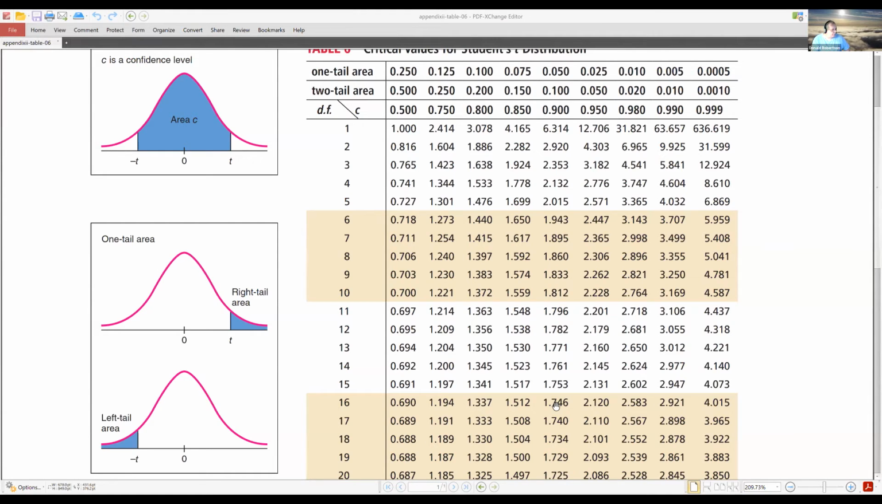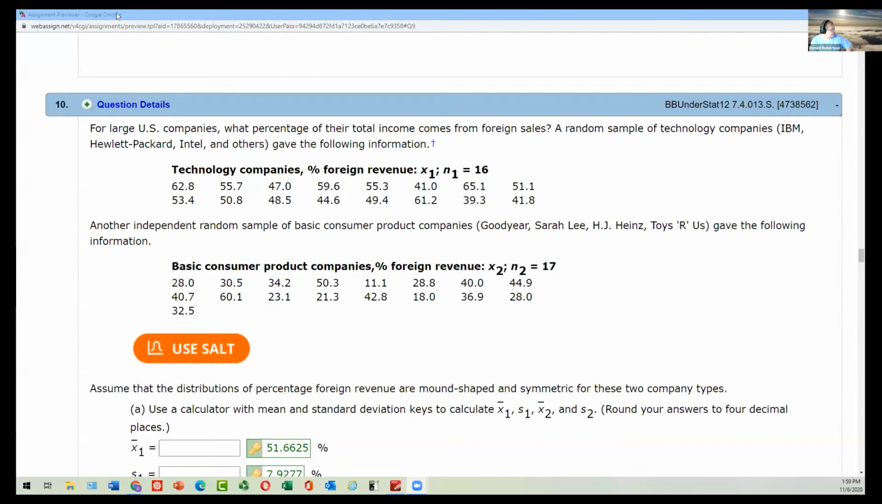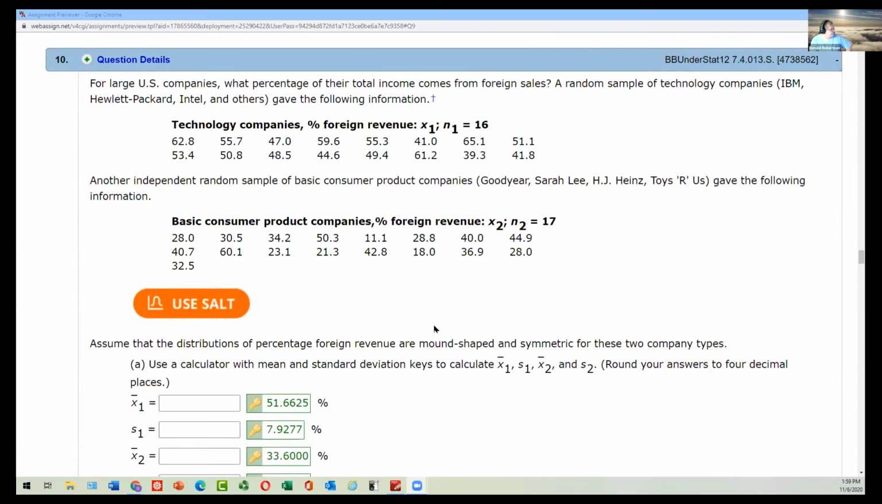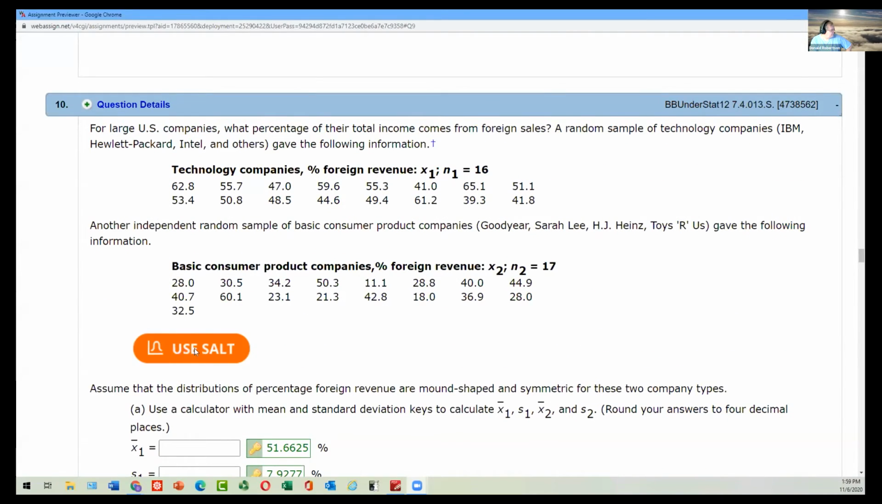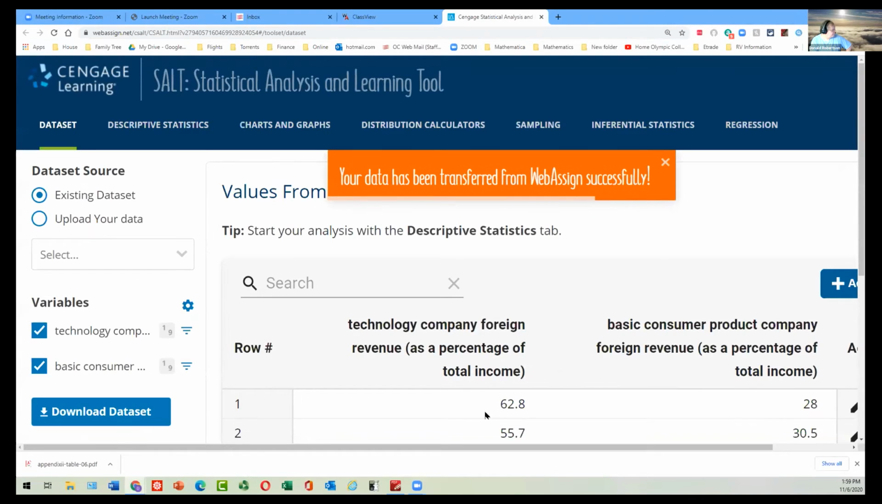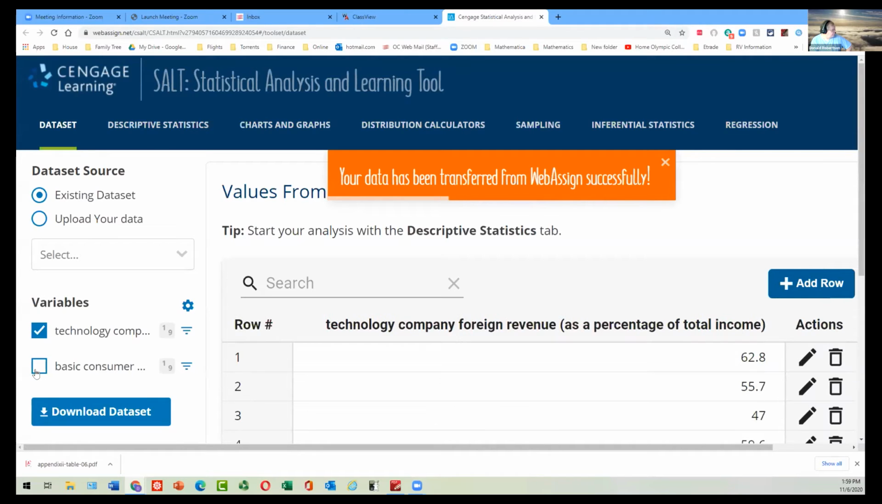Now I'm going to go to the homework. We're going to look at what that data looks like, and we're going to use SALT. So here it goes. Click on that. Move over here. Right. So are you looking at question 10 now, I hope? You can see the answers here, but let's verify what they are. So I'll hit the use SALT button, and I'll get the technology first,